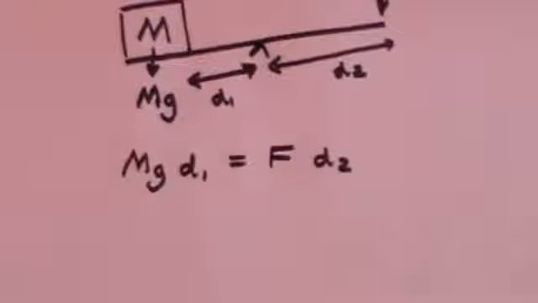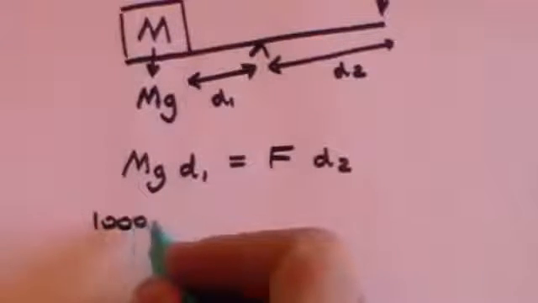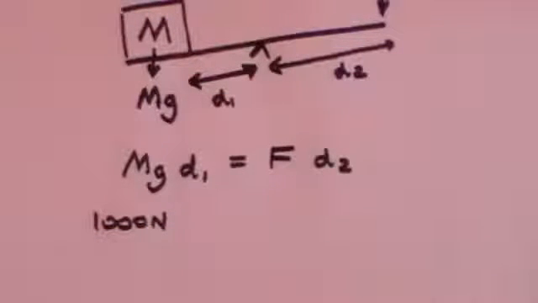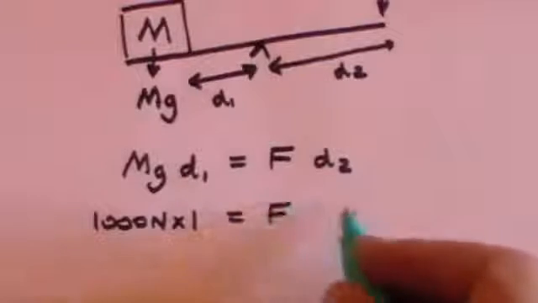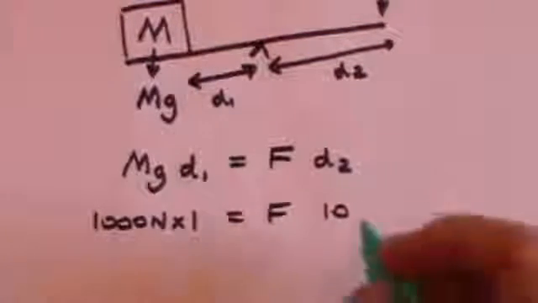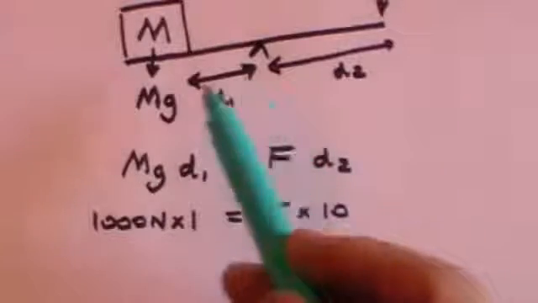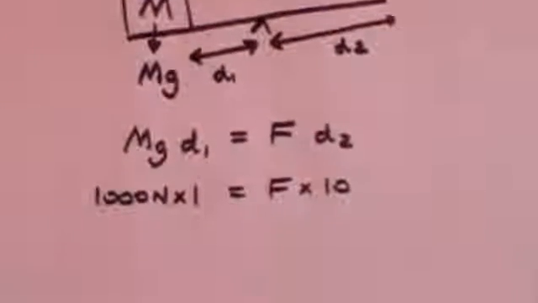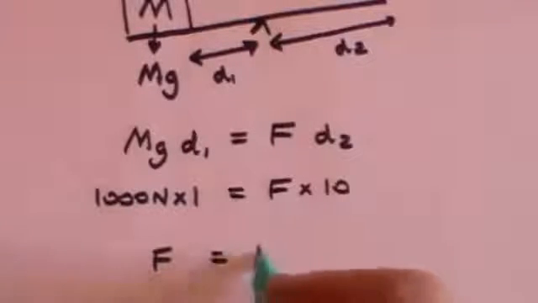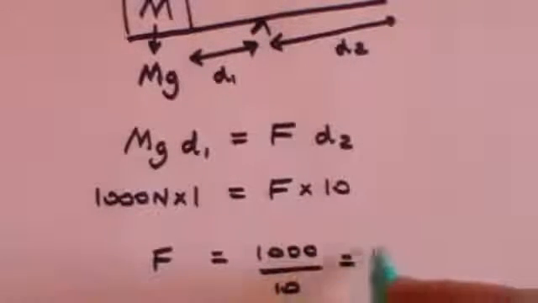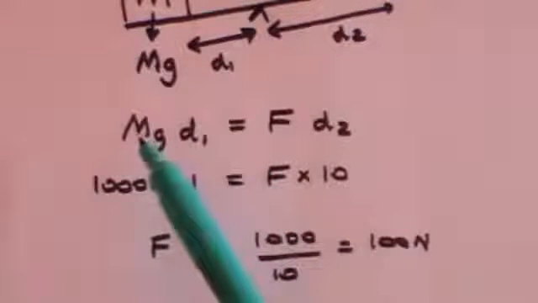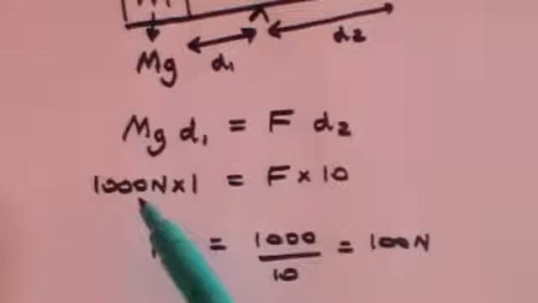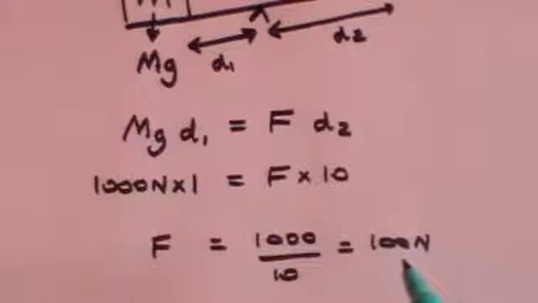If, for example, mg were 1,000 newtons and we had it 1 metre from the pivot point, and then we applied a force 10 metres from the pivot point. So this is 1 metre, but this is 10 metres. Then you can see that the force will equal 1,000 divided by 10, which is 100 newtons. In other words, we can lift a mass, or rather a weight, of 1,000 newtons simply with a force of 100 newtons,